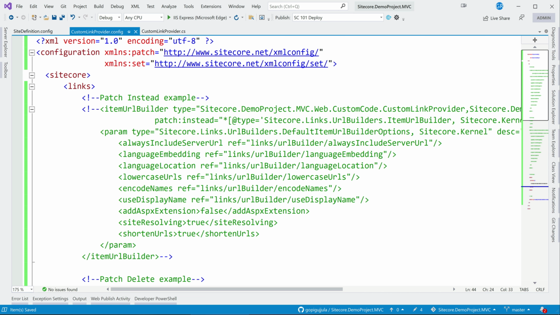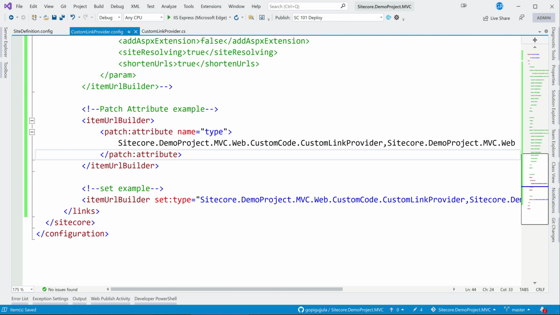So that's all, briefly, I wanted to talk about the custom link provider. Obviously I did inform that at configuration time there is no point in taking simple examples; rather we can see the real use case of how we use the configuration. That's the reason, after the custom link provider, I took time to explain all these different ways we can patch or set. In the next video we will see how we can use the custom resolver, because we only worked on one part of it: we generated the link, but we also need to see that when a user hits that URL, the page should load. How Sitecore loads by default is not working for us here, so we need to customize that part as well.